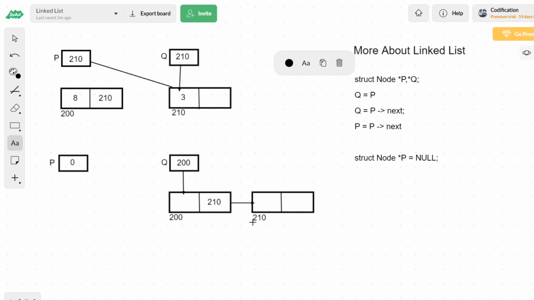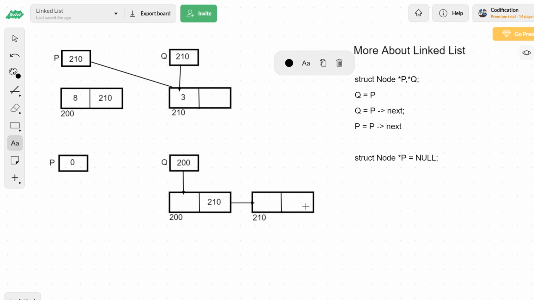Coming to the nodes, in every node's pointer we will be storing the address of the next node.